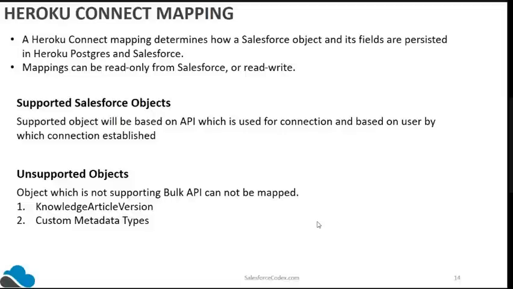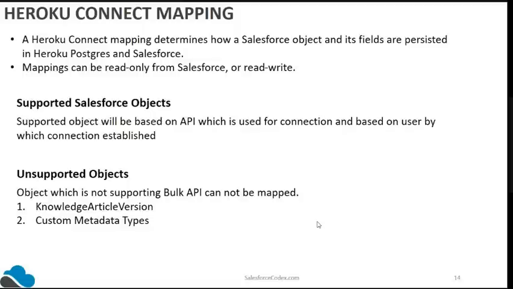Secondly, it's possible that whatever user you are connecting has access to only 2 or 3 objects. So you will get only 2 or 3 objects while you create a mapping. If the user has too much access, like an admin user, then you will get all the object access. So it depends on the version of the API used in the integration, and the user used for the integration. Based on these two parameters, the Salesforce objects will show on the list.